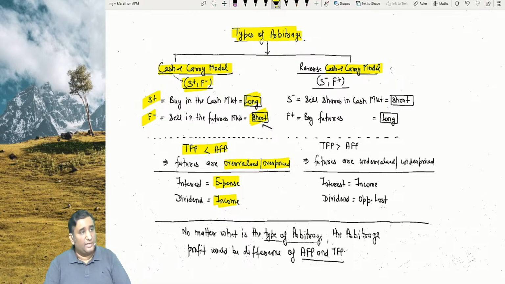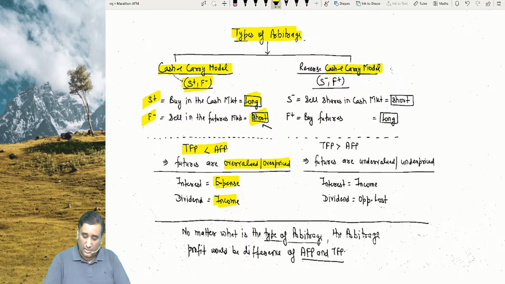For the purpose of theory, I'll be showing you something in portfolio also, short selling. Short selling is when you sell something which you do not have. In futures, short selling is permissible, F minus, F plus, because it's FNO derivatives. In the cash market, you cannot sell something which you do not have, but for the examination purpose, in the theoretical world,